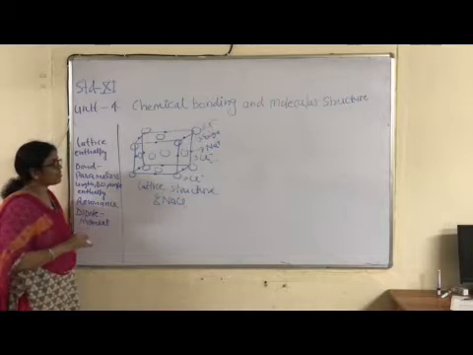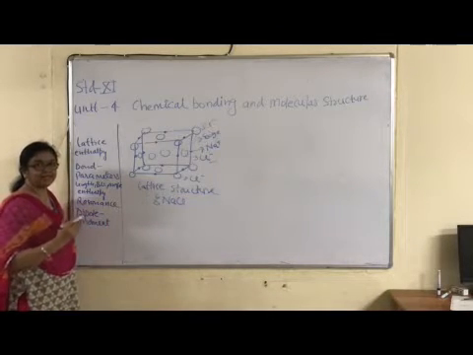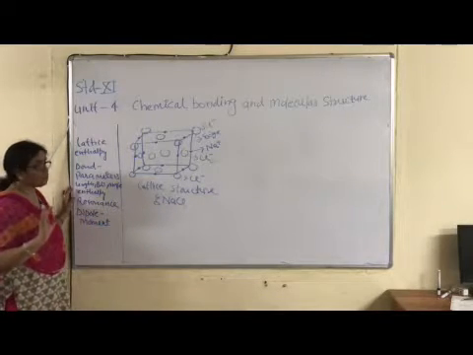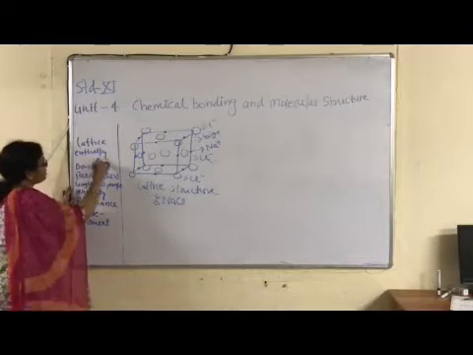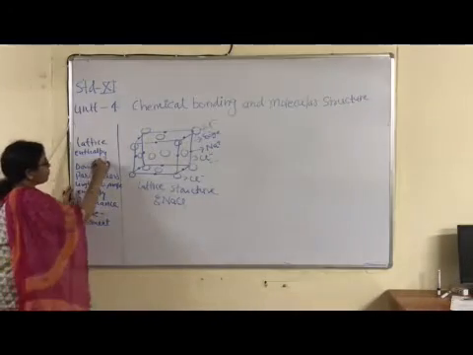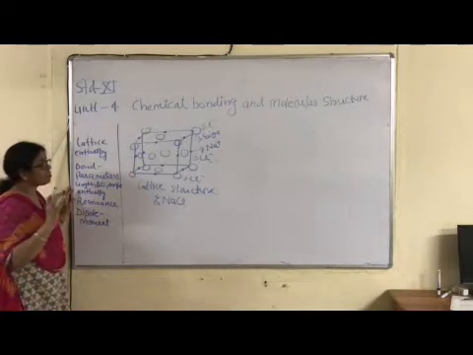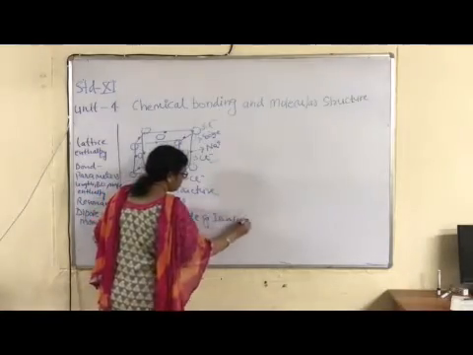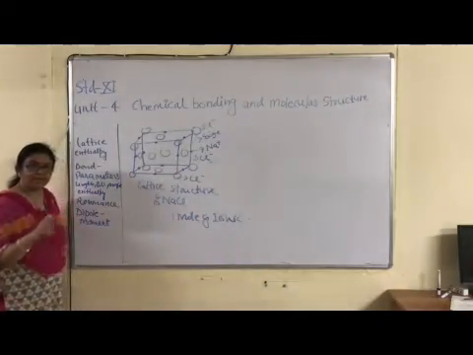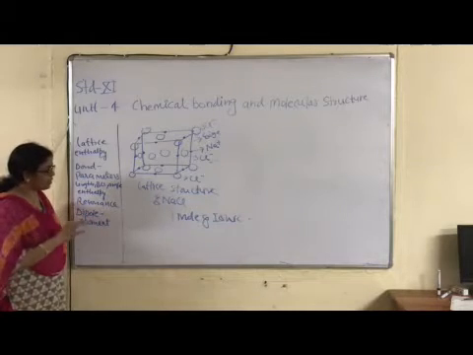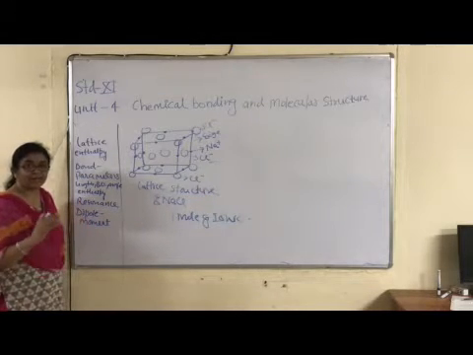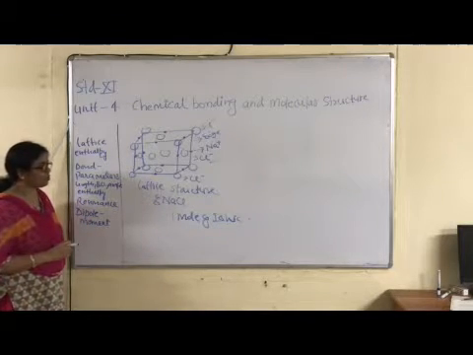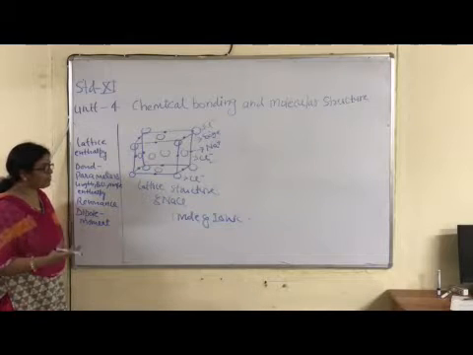Here is an alternate arrangement of anions and cations, right? Because force of attraction develops between opposite ions only. Okay children? Now the discussion of lattice enthalpy. The minimum amount of energy which is required to remove 1 mole of an ionic compound from its lattice structure or network structure is known as lattice enthalpy. Enthalpy means heat, right? In case of sodium chloride, how much energy is required?